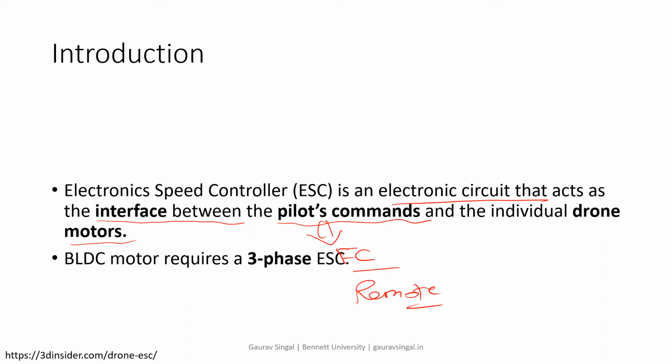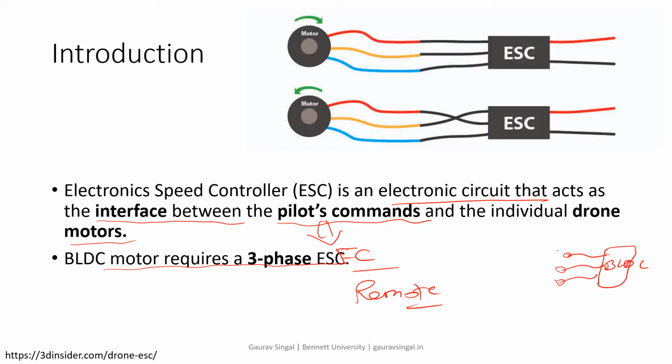So a BLDC motor requires a three-phase ESC because a BLDC has three connections. So the ESC also requires three phases. I can show you. The motor has three phases, one, second, third, and the same with this also. So we need an ESC which has three connectors, a three-phase ESC, to connect with the motor. These two wires basically connect with the three phase. The two wires come from plus and minus. We convert it here, plus, minus and signal.